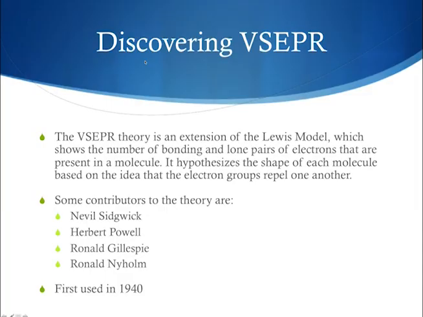So, this first slide is about discovering the VESPR Theory. The VESPR Theory is an extension of the Lewis model, and it shows the number of bonding and lone pairs of electrons that are present in a molecule. Based on the idea that electron groups repel one another, it hypothesizes the shape of each molecule. Some contributors to this theory are Neville Sedgwick, Herbert Powell, Ronald Gillespie, and Ronald Nyholm, and it was first used